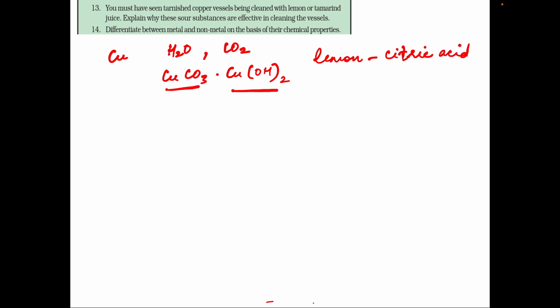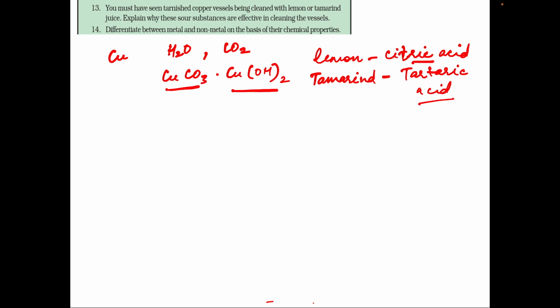and tamarind contains tartaric acid. So this acid, citric acid and tartaric acid, when the copper vessel is cleaned with lemon or tamarind, when it